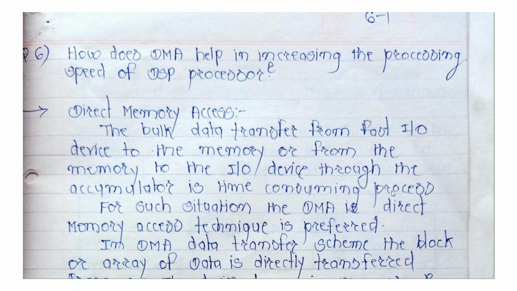Data transfer is only the requirement of IO devices, input output devices, from the device to the outside world or from the outside world to the input devices, and the processing is done completely by the processor. So when there is serial data communication, when there is an involvement of the processor, the speed of the processor is reduced and its vital machine cycles are wasted. So to avoid this, direct memory access is used.